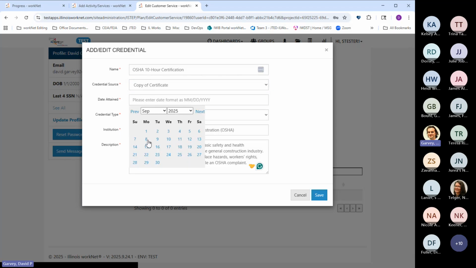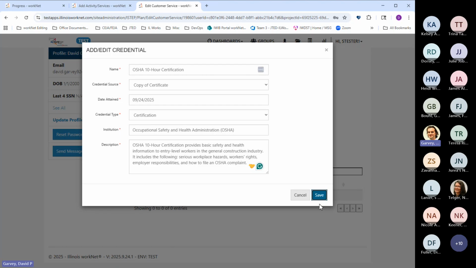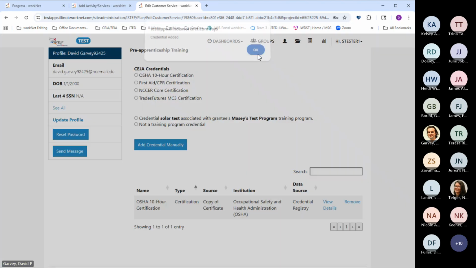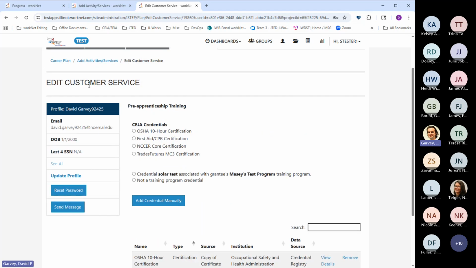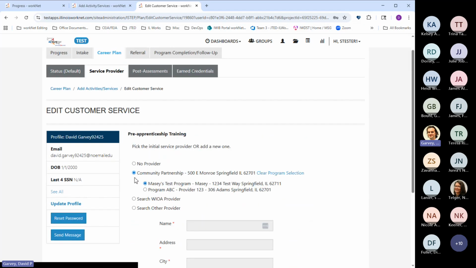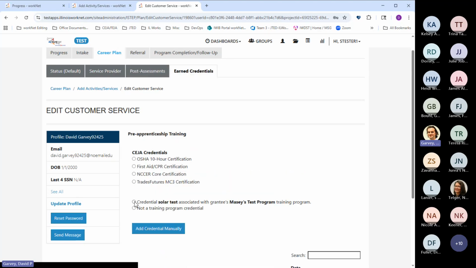And then the date the credential was obtained. I'll click save. And we can see that that credential has been added in there. But because we also selected on the service provider tab the training program that we added, in this case, Maisie's test program, when that training program was added, we also added a credential titled Solar Test.